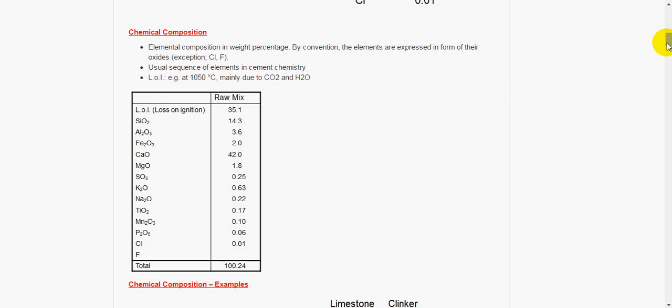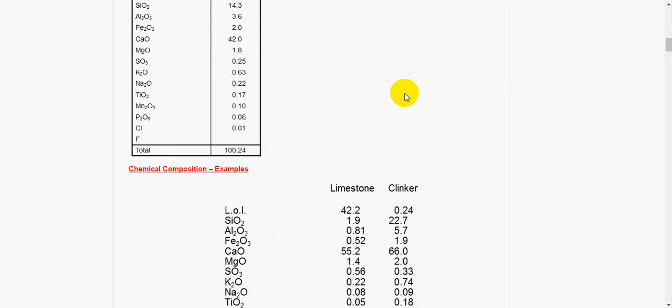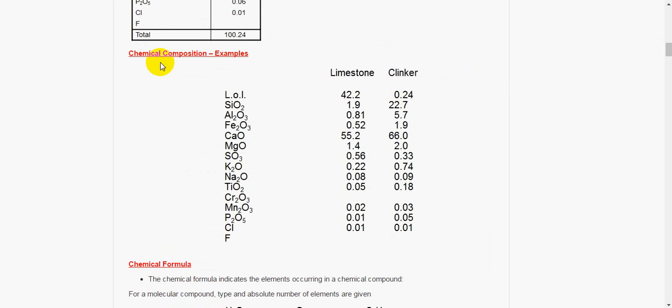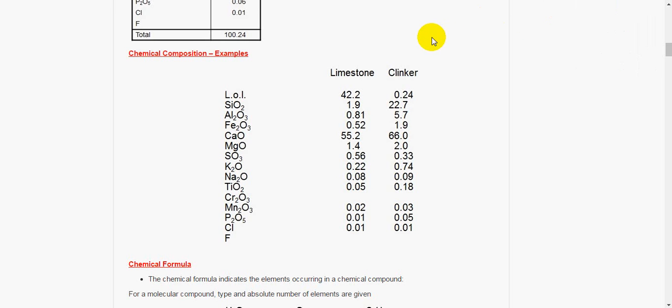Exception: Cl, F. Usual sequence of elements in cement chemistry: LOI, for example at 1050 degrees, mainly due to CO2 and H2O. Chemical composition, examples: